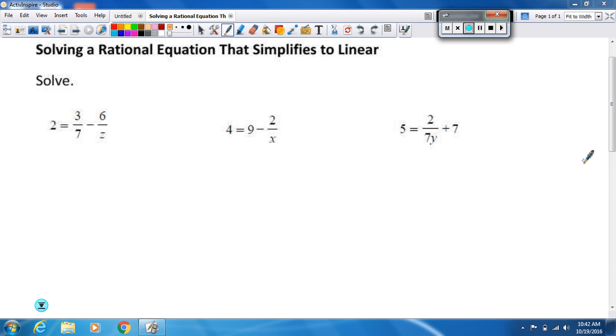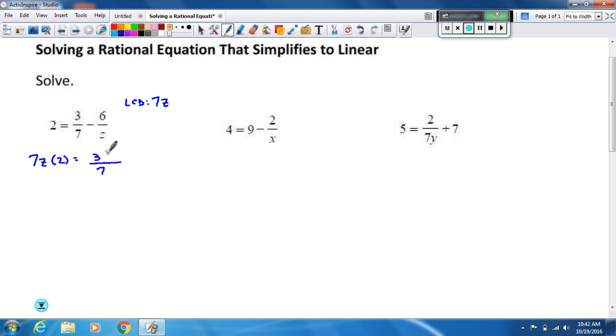Okay, what you want to do first of all here is to get rid of the fractions. So what you do is you figure out the LCD, which in your denominator it's one of each thing, so a 7 and then Z. So you put that LCD with every single term. So it's going to be 7Z times 2 equals,